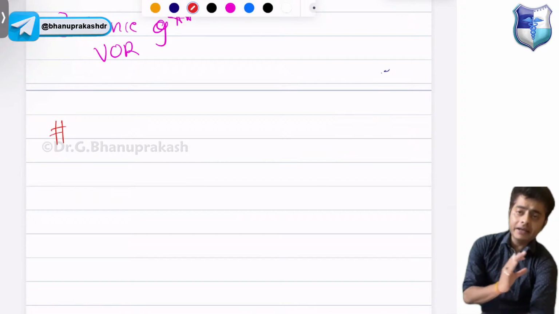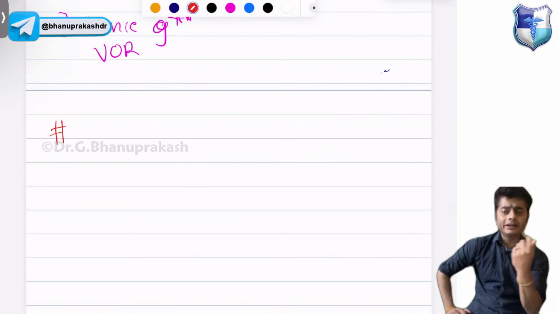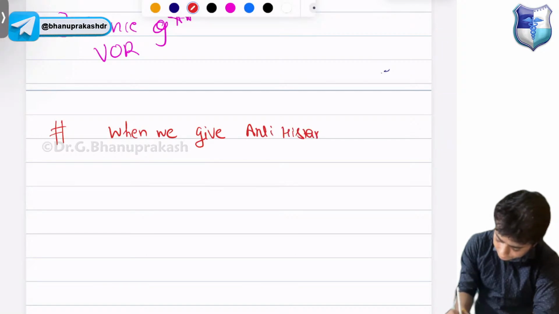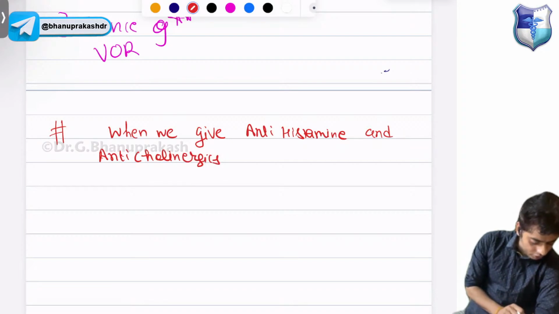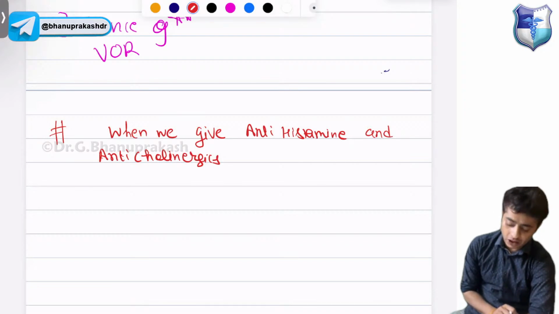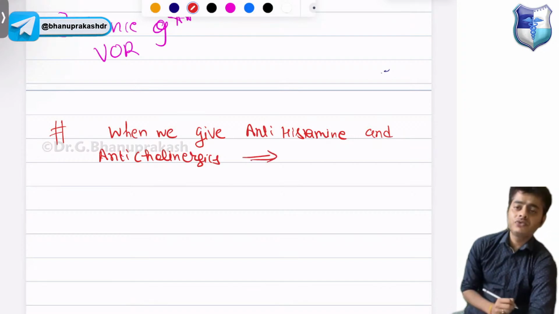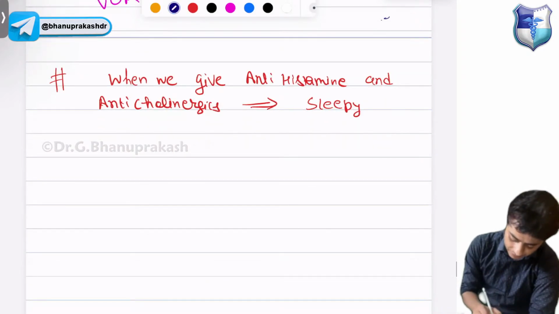Now many times there is a question, students ask me, sir, when we give antihistamines and anticholinergics, the patient feels drowsy or sleepy. Good evening, Gautam, Krishna, Kumari. Today we are studying about coma. So when we give antihistamines or anticholinergics, the patient feels drowsy or sleepy. And why does this happen? This happens because